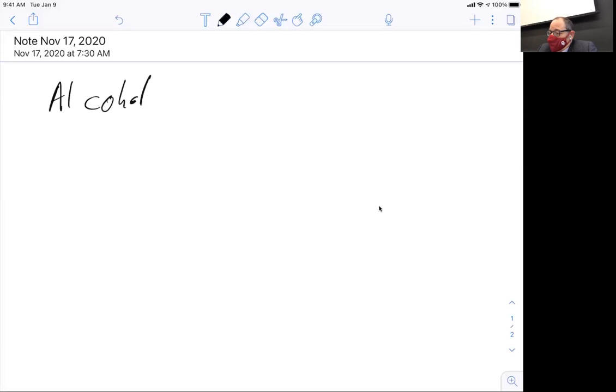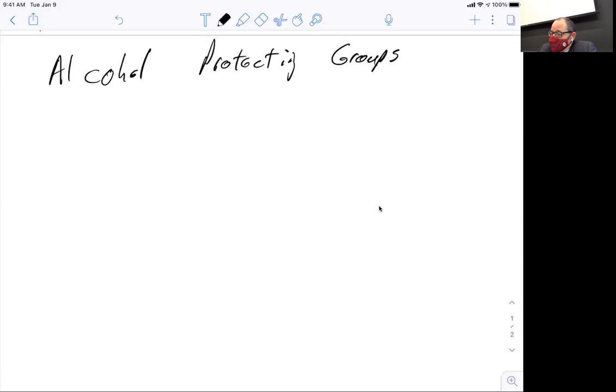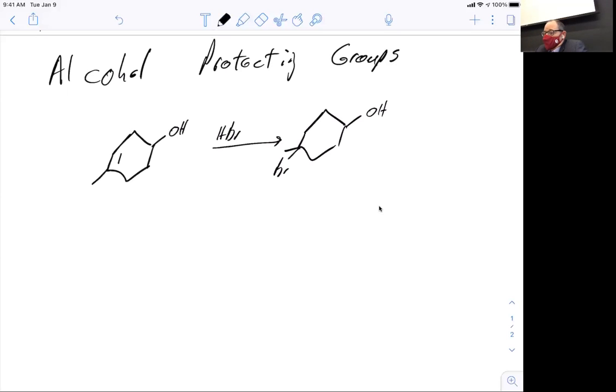Alcohol protection group. The idea behind protecting groups is if I had a reaction, let's say like this one, and I wanted to do hydrobromination to create this group, so if I just wanted to react HBr with this alkene to get addition across the double bond,